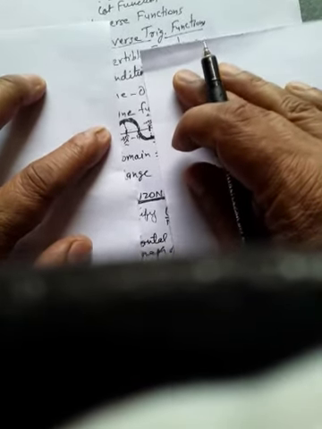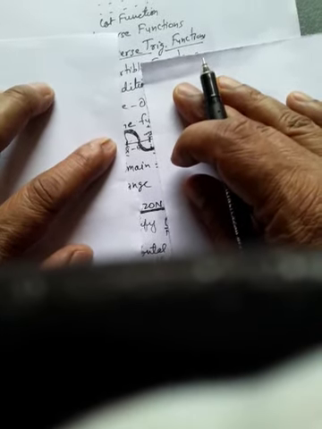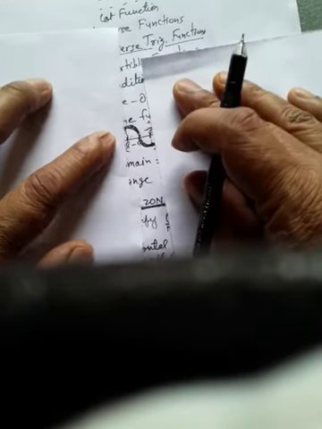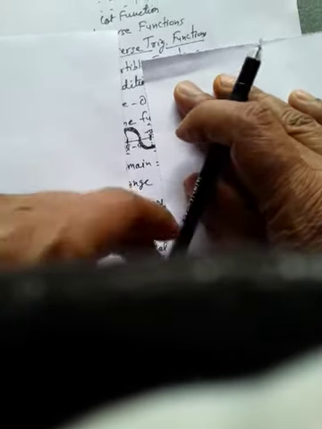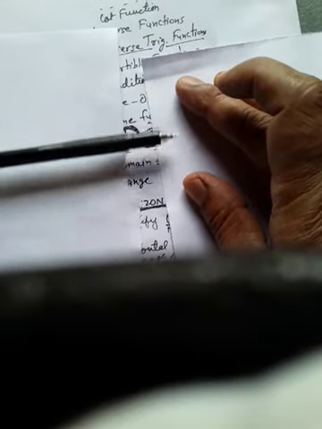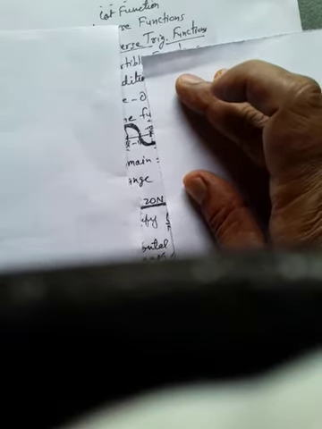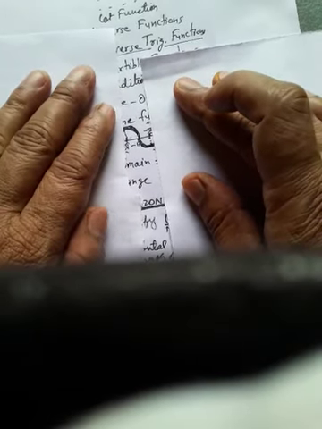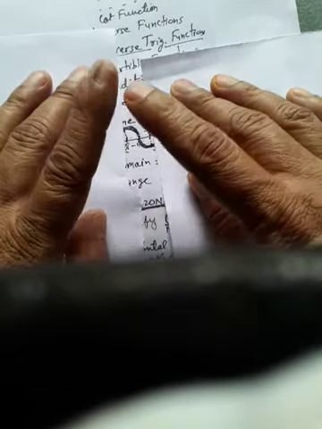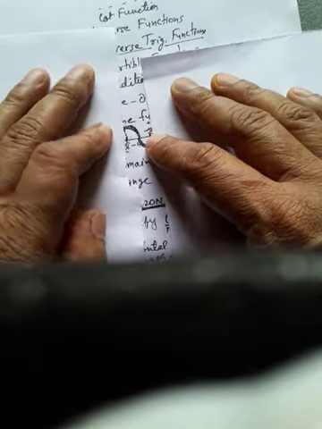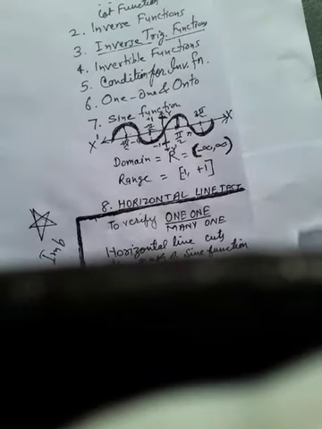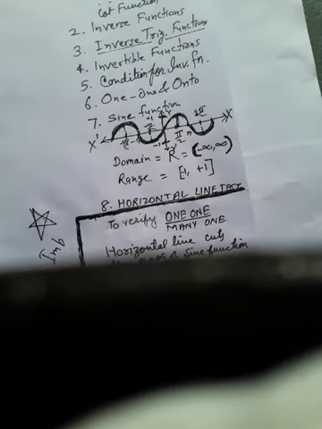We have broken this domain into pieces. If you see this piece of domain, again you take any horizontal line, it is intersecting the curve at only one point. So in this interval, it is one-one. And we can say that for this, we can find the inverse. And like this, you can have many pieces.